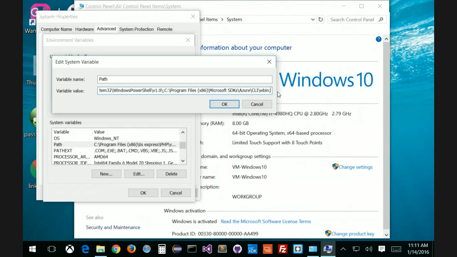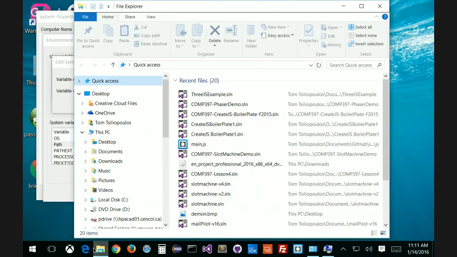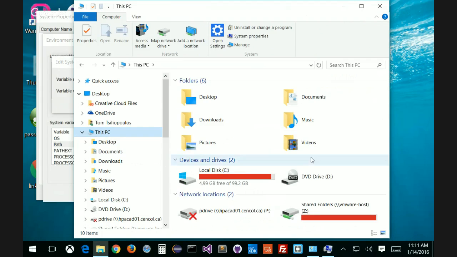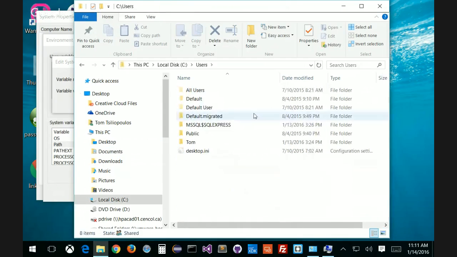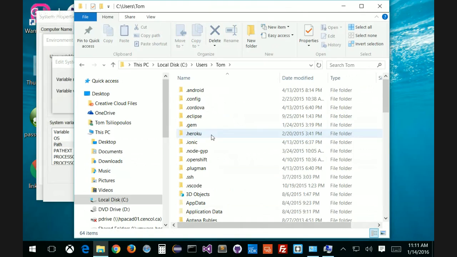But what am I adding? I have to point to my Git installation in Windows. And if I've used my desktop tool, there's a specific place where it exists, right? So I have to make it visible. So here I am. If I go to this PC, and if I go to my C drive, which is pretty full, and if I go to users, and if I go to me, as an example,